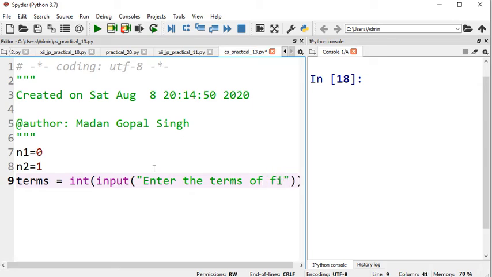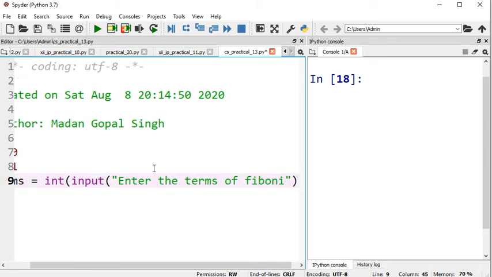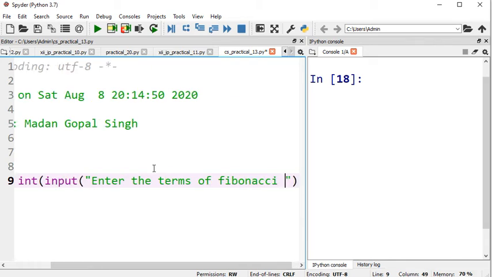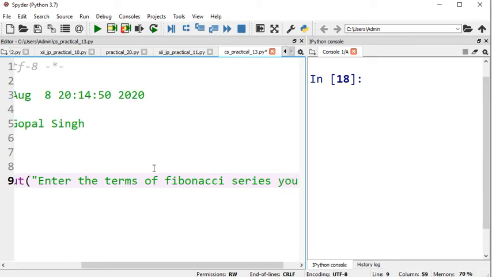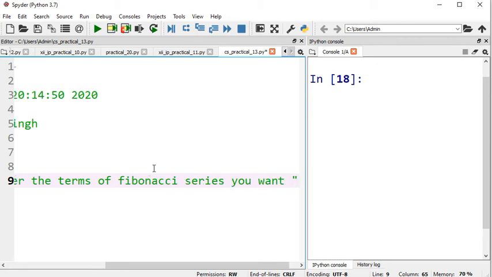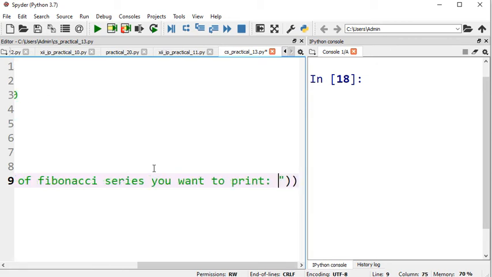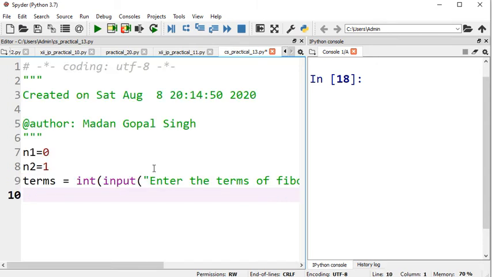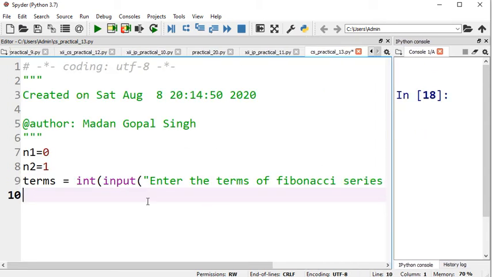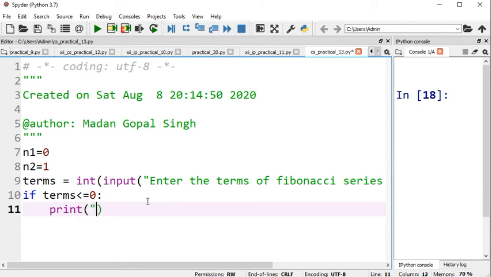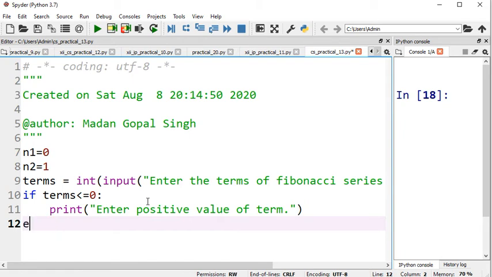enter the terms of Fibonacci series you want to print. This message you can write anything you want to print. For better usability experience, I am writing it that big. And then what you need to do, you need to just check if the terms value is less than or equal to 0, then we need to print the error message, enter positive value of term, and otherwise what you can do,